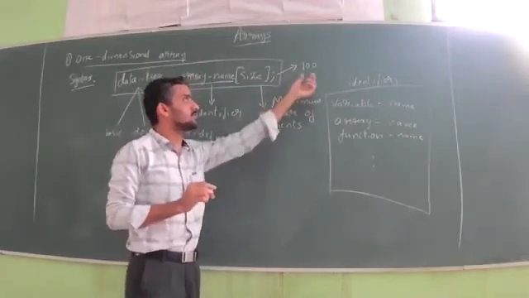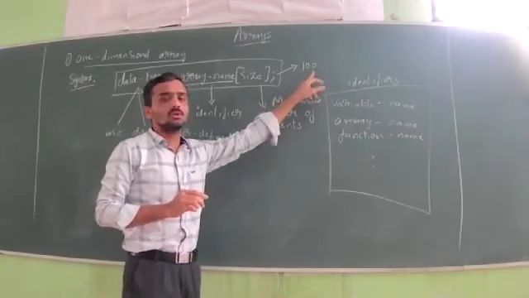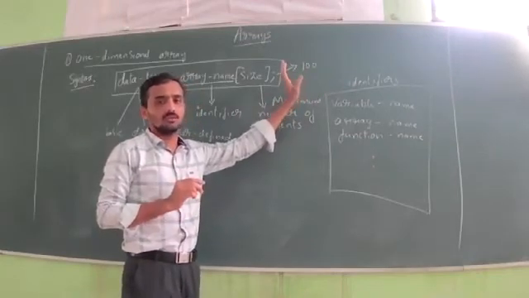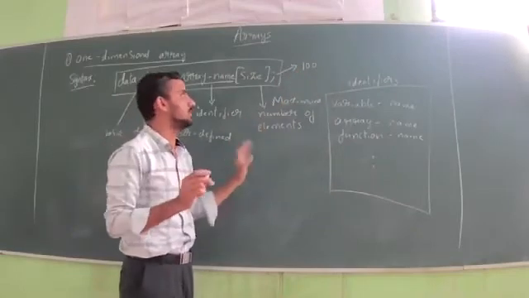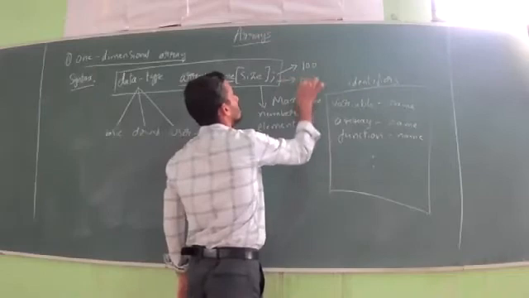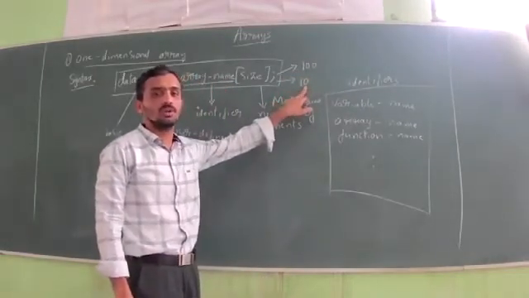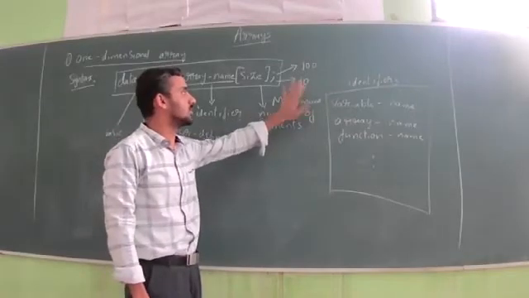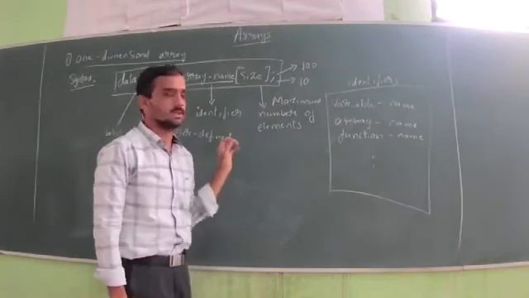Maximum size. The maximum size the computer will give you is 100, and you can store less than or equal to 100. If you want to store 50 values, that is allowed. But if you want to store 110 values, then it is not allowed. And if you use a size of only 10, maximum 10 values you can store, not more than that. You cannot store 12 or 15 values. Less than this you can store. You can store only 5 values. That is allowed. So that is the maximum number of elements you can store using the size.